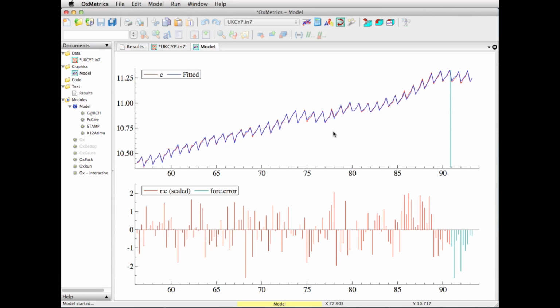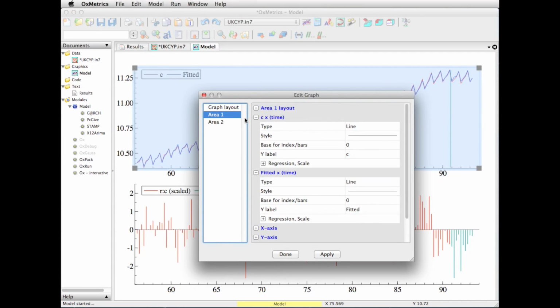Now we can see that using another feature of the power of PcGive and OxMetrics, which is to bring up the graphics menu and fit regression lines